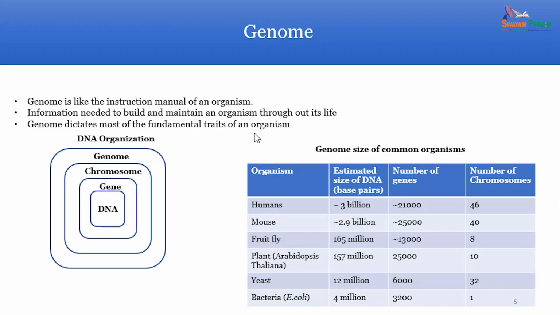Now, this is your genome that I was talking about, and you can see the numbers here: the number of DNA bases in different organisms. For example, a human has around 3 billion DNA base pairs, right? A small bacterium will have around 4 million DNA bases. Okay, now